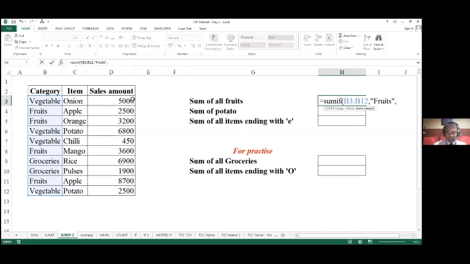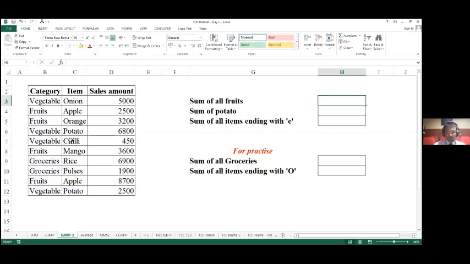So now I have to let Excel know my summation range. For that, I'm going to put a comma again and define my second range, close the bracket, and press enter. I shall repeat this once again.